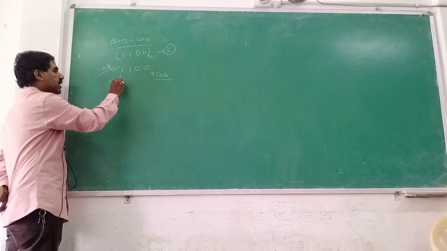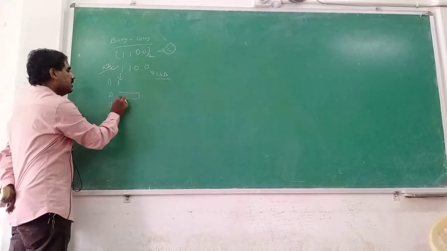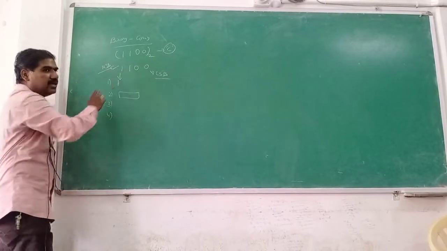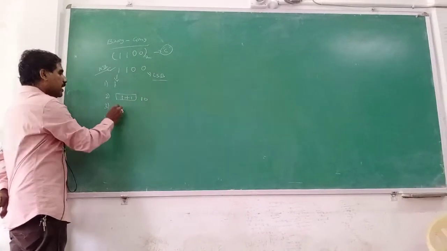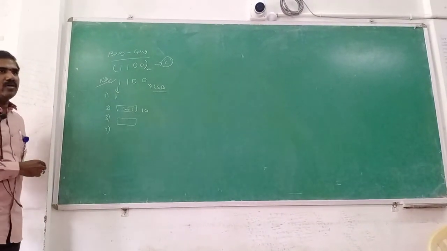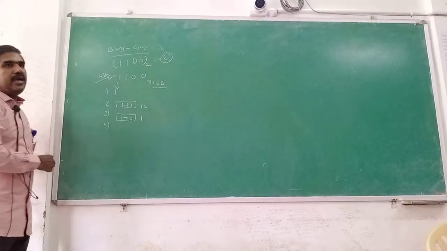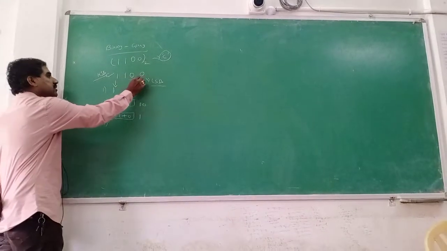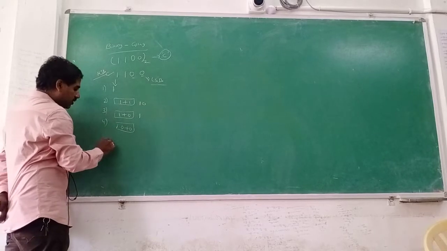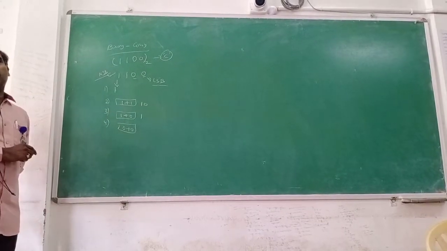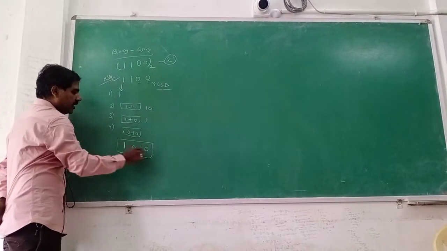The first bit, the MSB, is equivalent to the first bit of Gray. In order to obtain the second bit, simply add the first bit of binary with the second bit of binary, nothing but 1 plus 1, 0 with carry 1. To obtain the third bit in Gray code, simply add the second bit with the third bit, 1 plus 0, nothing but 1. To obtain the fourth bit, the third bit is added with the fourth bit, 0 plus 0. Here we take the values of the sum only; the carry is discarded. Again 1 0 1 0. It is the Gray code.